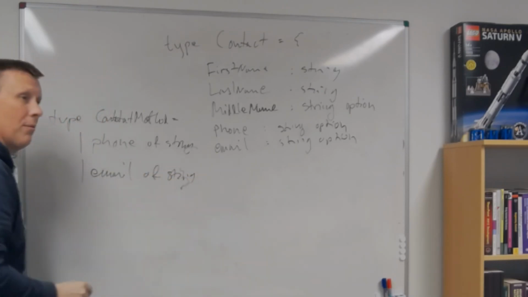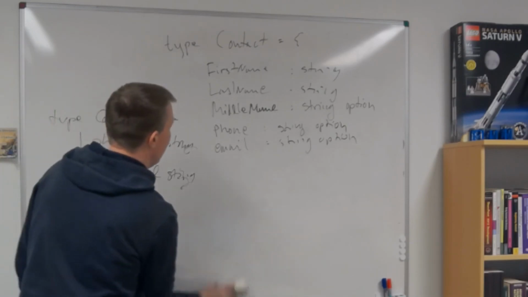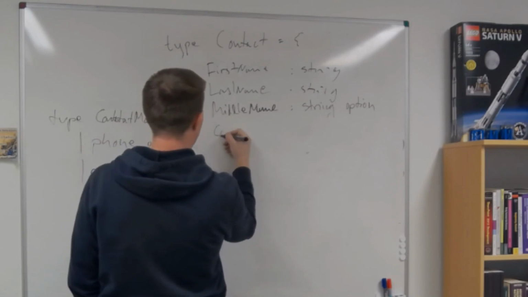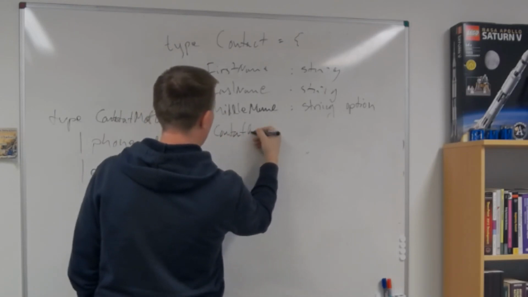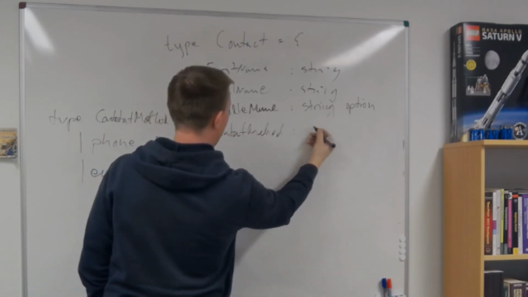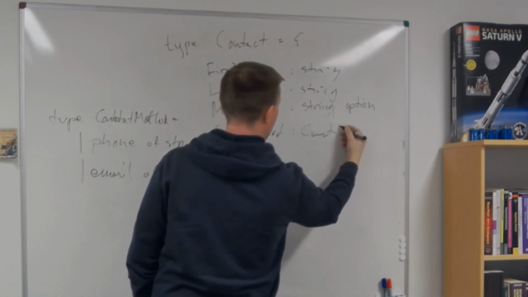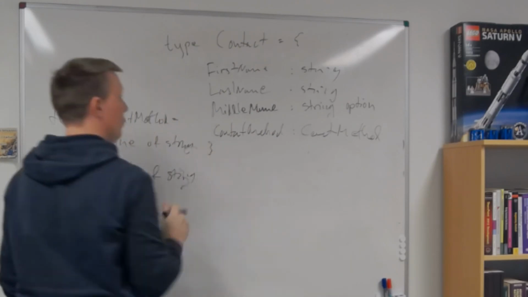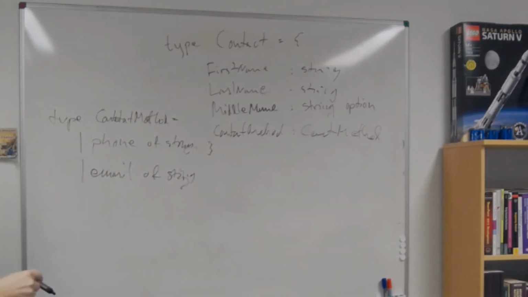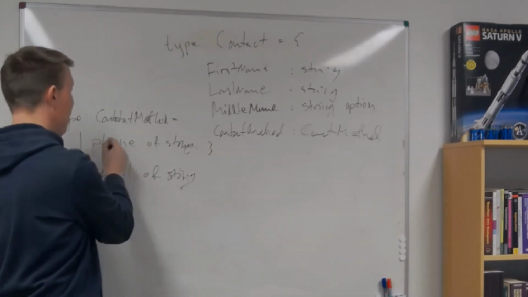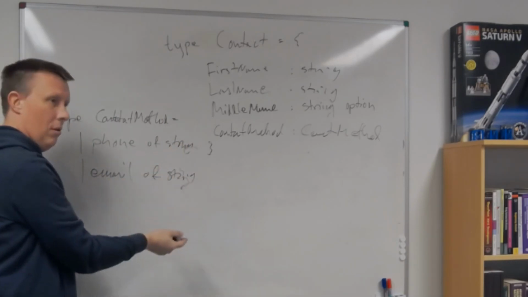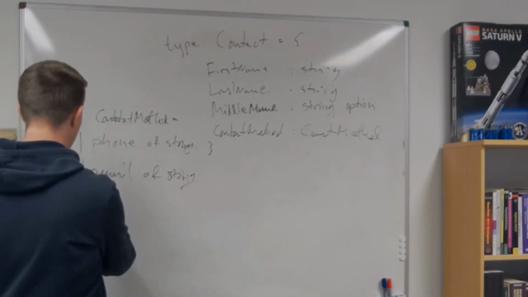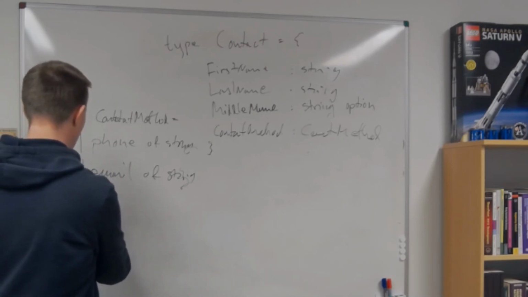So now we can require, by saying instead of having phone and email here, we can say contact method of contact method. And now we need to define a contact method which is either a phone number or an email, and problem is solved. And we can even go further and say, well, both